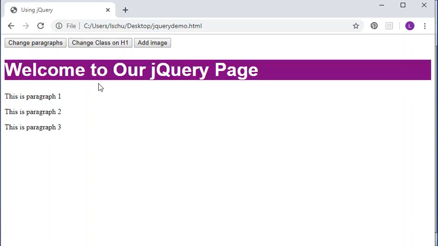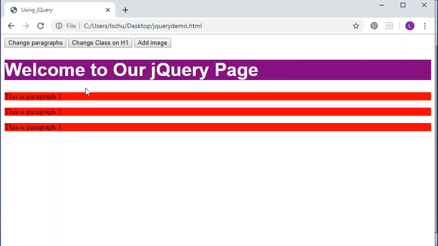So it didn't change individual CSS styles like we did in the first one. What it did is it went in and changed the class, or added the class that caused that styling to be done. So change paragraphs works, change H1s works, so now the last one we have to do is to